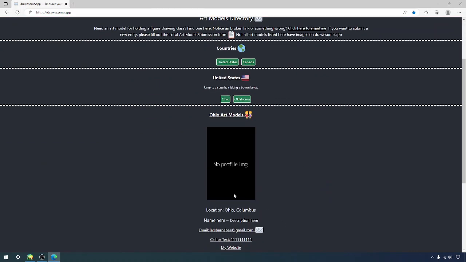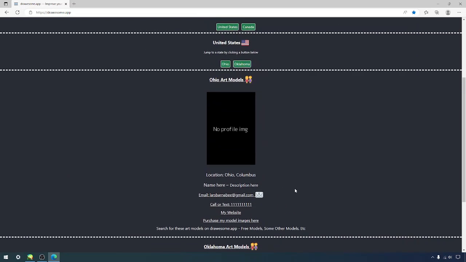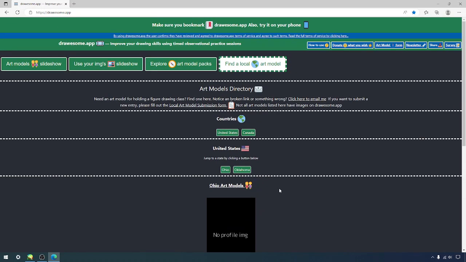The art models would only share the information that they want to. I would never force anyone to give stuff they don't want to. But in general, it'll list the location they are, some way to contact them, their website, basically giving awareness to art models, because I haven't seen anything like that out there. And I feel this directory would be one solid place to do that,